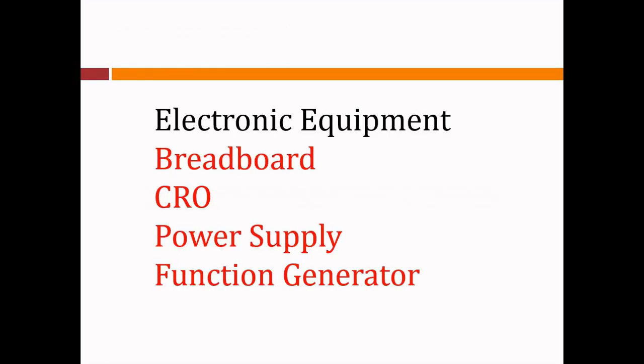In the demonstration videos, first we shall discuss how the connections are done on the breadboard, then the CRO, how we observe the signals, how we read the signals. There are two channels, and all those things will be explained in the CRO part. Then the power supply. The transistor is an active device, it requires a separate power source, an excitation source. Normally we use a battery.